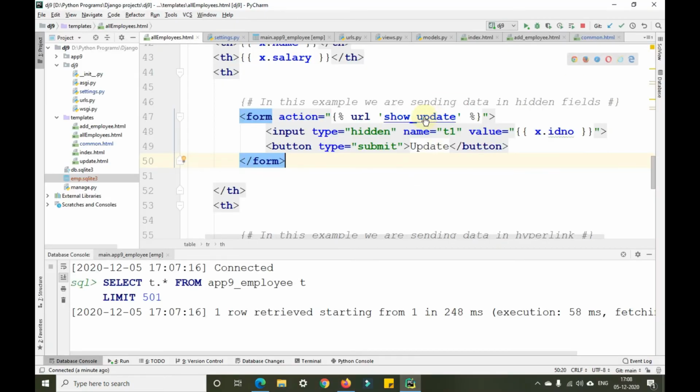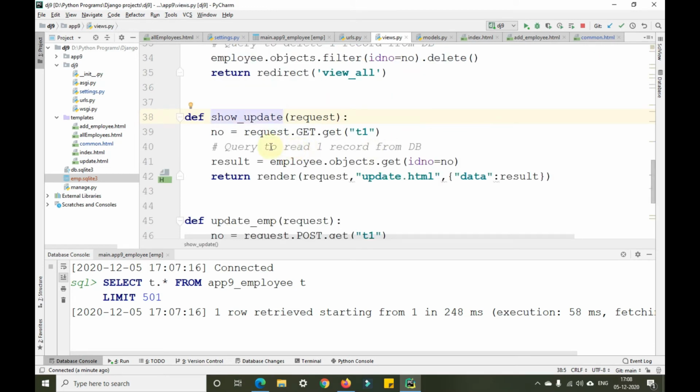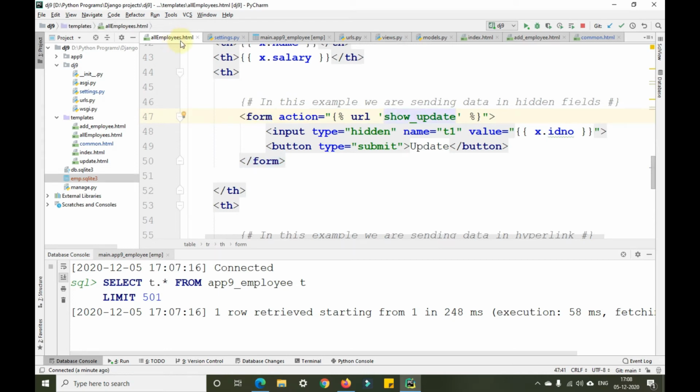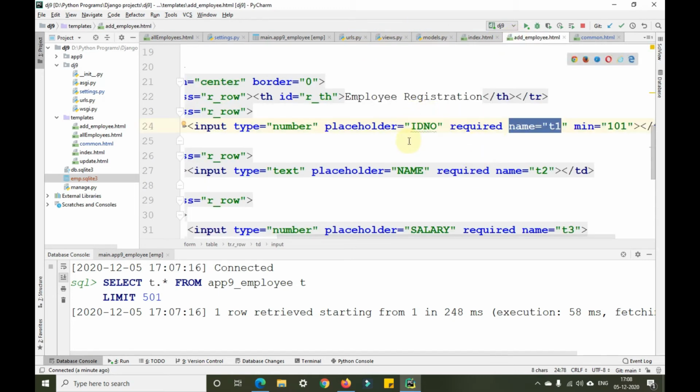So what is update actually? Let me show you about the update. In this update, I have taken the ID number as request.GET with T1. As I've told you, there are two types of methods, that is, the POST and GET methods. In the GET method, we need not specify the method here, whereas when we are sending in the form of the POST method, we need to specify it clearly here. Where is that?